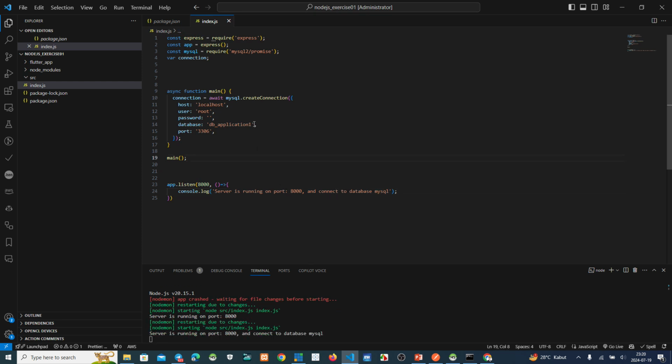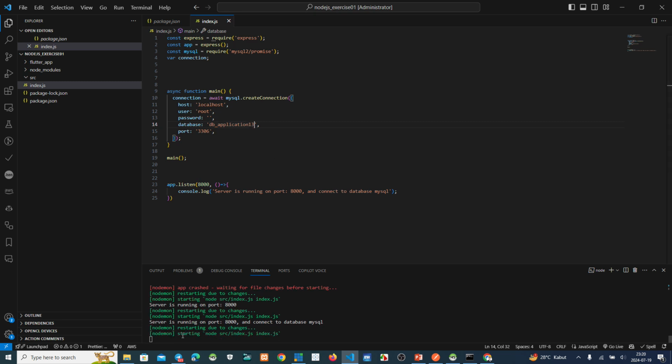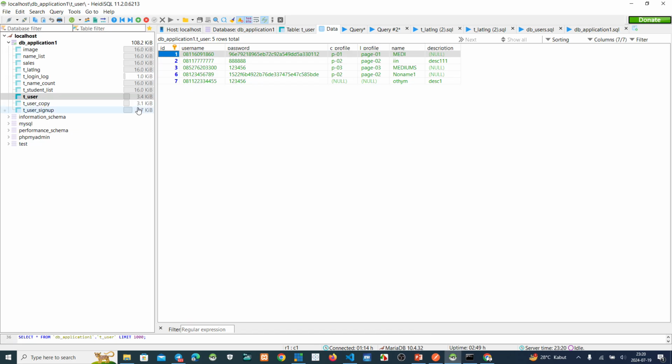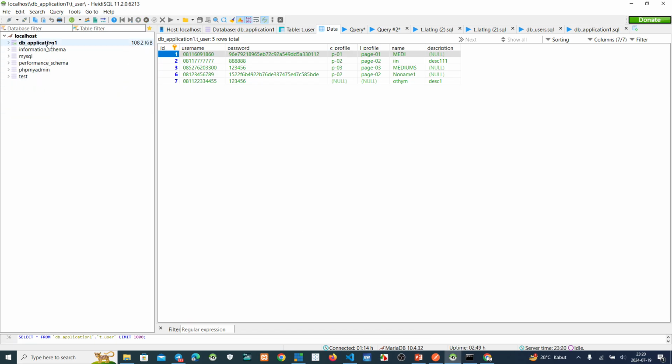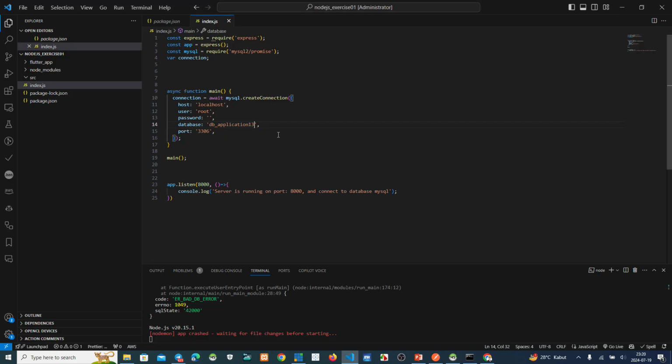If we use a wrong database, like maybe 13, you can see the application crash or error, because we don't have DB application 13. We just have DB application 1, my database. If we change it back, it's okay. This is the connection to the database.